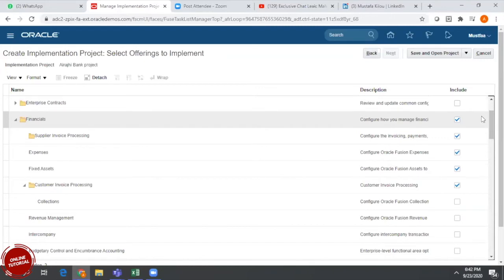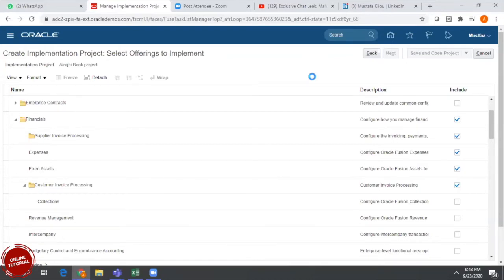And after that, what I need to do is save and open the project. Once I save and open the project, the system will automatically distribute the tasks, what tasks we need to perform.